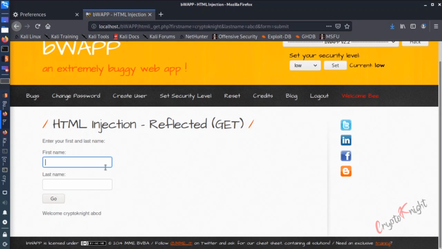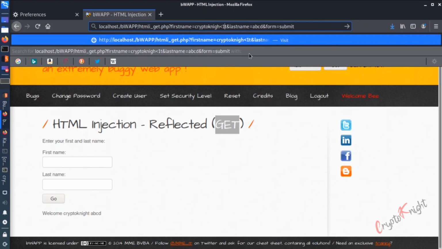So what an attacker will do, he will try to give HTML code or payloads which will get executed over here. So for that we need to try things, and also if you can see why it is GET. Because we have two GET parameters which are vulnerable, first name and last name, and these are being sent in the URL.